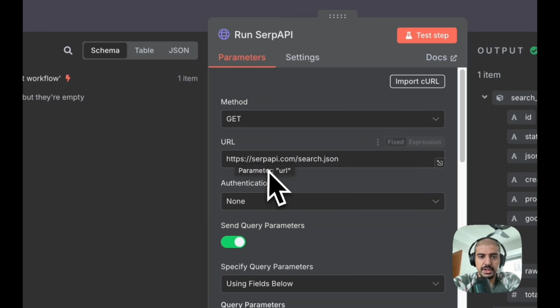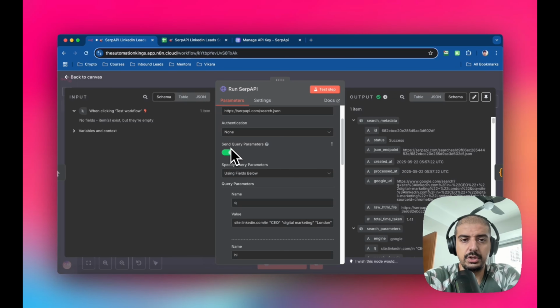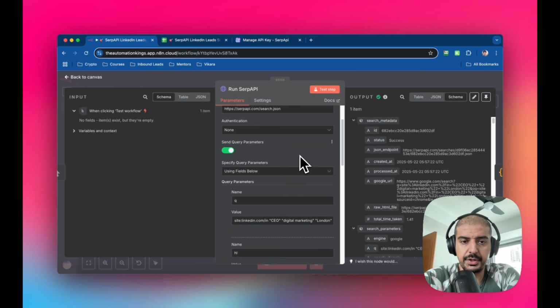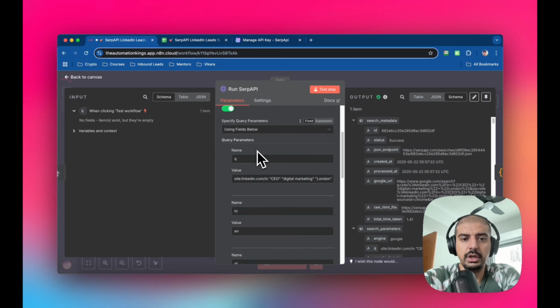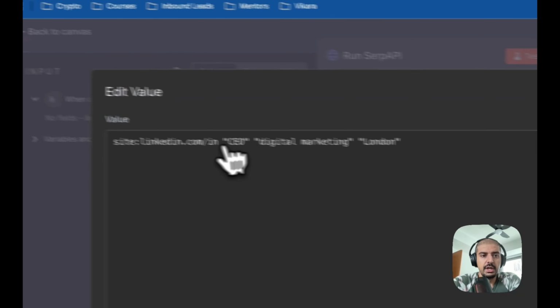So the endpoint we're using is the search.json, and this is the base URL, which is serpapi.com. And then you want to turn on send query parameters because we need to send some data to SERP API, okay? So using these fields below, the first one is Q. And for this, I'm just using this search, okay? So I did a